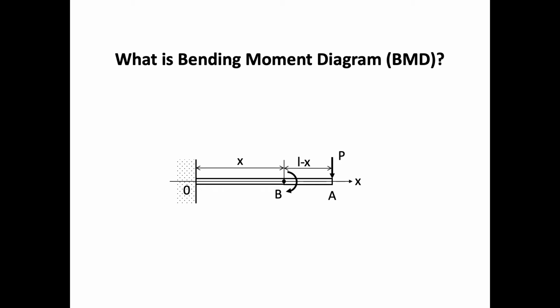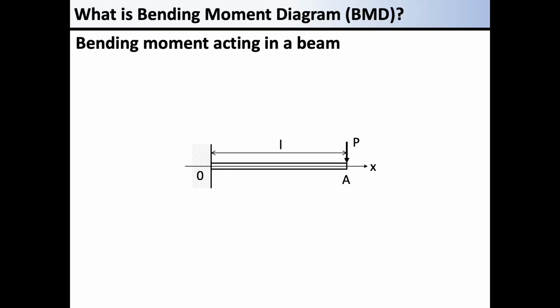Next, we are considering the distribution of bending moments. The bending moment is determined by the product of force and arm length. We may start by considering the moment around the origin O, which is the easiest to understand. Since the moment around the origin is the product of the load P and the arm length L, this is the bending moment acting around the origin O.